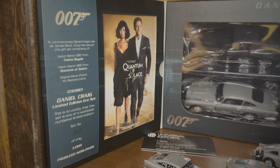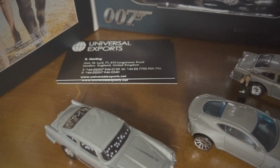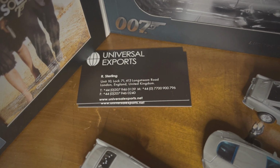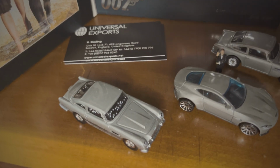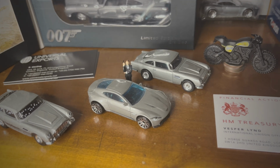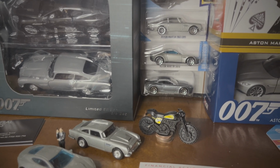Moving into the Craig shelf. Some of these things you may recognize. Thank you again to Joe for my Universal Export cards, the Bond enthusiast. If any of you know him in the community, you know he just got back from the Bahamas recently on that big trip with David Zaritzky and the Bond Experience. There was a bunch of people out on that. I was really jealous. He gave me that card there,